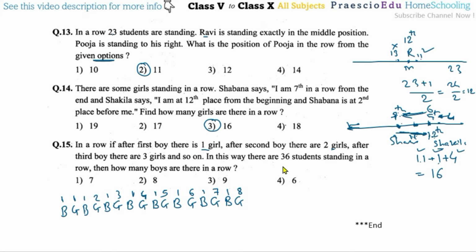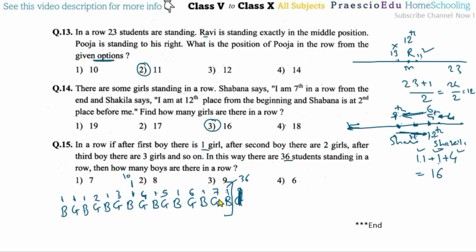So there are the total 36 students, so up to the 36 we will count. Okay, so this is the arrangement we have done. Now 1 plus 1 is 2, 3. Okay, 3 plus 2 is 5, 6, 6 plus 3 is 9, then 10. So up to here 10. Okay, for our reference purpose, then 10 plus this 4 is 14, 15, this 20, 21, then 27, 28, and this 35, and then 36 means up to this. So this we have to count, so up to here. Okay, so this is the 36. Okay, means there are 36 students.